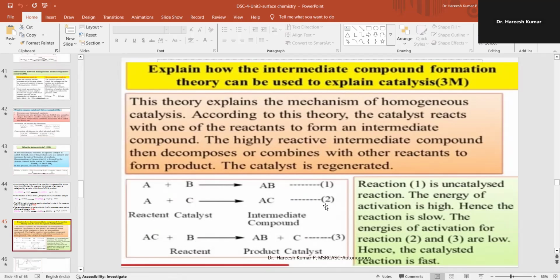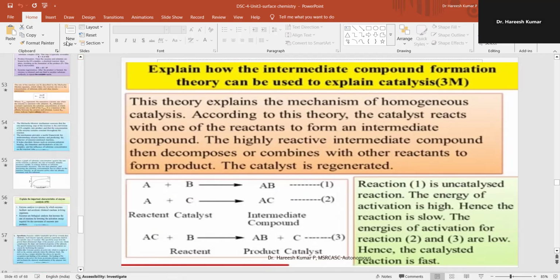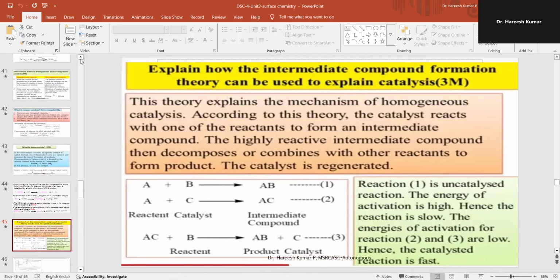In the second equations, 2 and 3, with a catalyst involved in the reaction, the activation energy is less, and in the first reaction without the catalyst, the activation energy is more. So that means the catalyst decreases the activation energy, thereby increasing the rate of a reaction. So with this, I will take